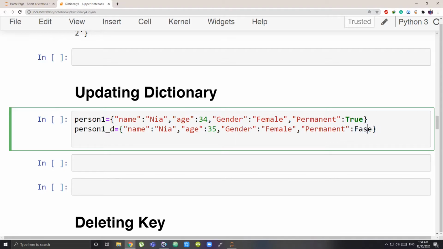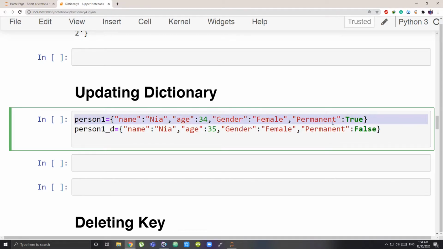Now what I want to do is update my original dictionary. You know what updating means in real life? It's the same over here. You have something that is old, and you want to add something new, like you have your apps in your mobile phone. So there are old features that are already there, and some new feature comes. So you have to update your apps so that those new features come in the place of the old features. So the same thing over here.